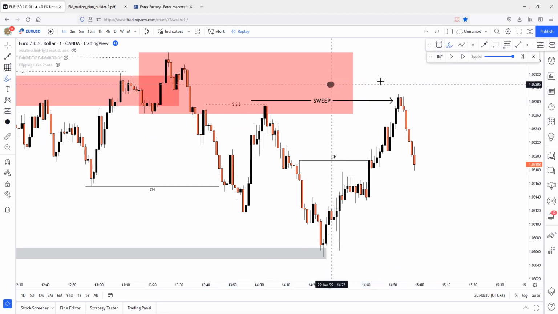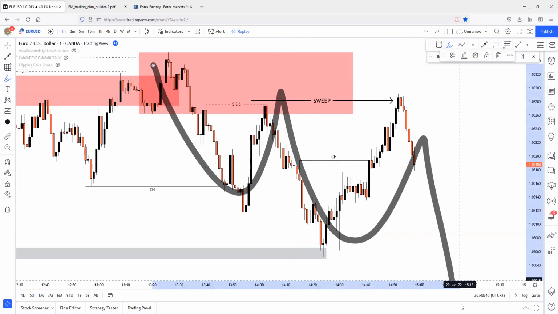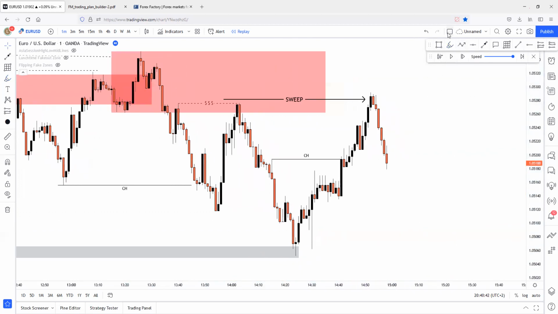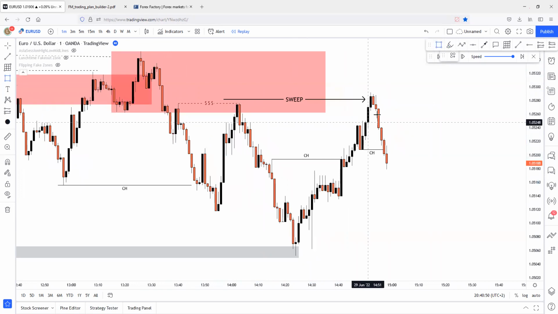But the 50% has not been mitigated yet. So this is minus one criteria. Obviously, this is minus one criteria, but the sweep has happened into this zone. So the liquidation has happened into this zone, and this is lining up with the main order flow. Okay, and the change of character happened to the downside here too. Perfect character changing movement after sweeping liquidity into the higher time frame zone. Character changing movement has happened from this zone up here, right?